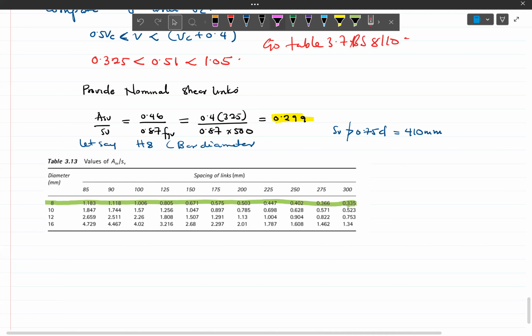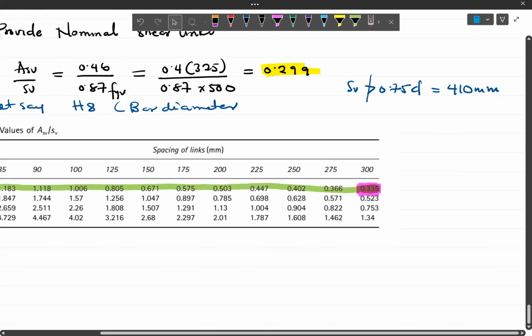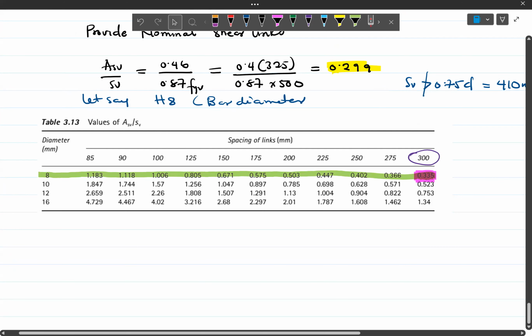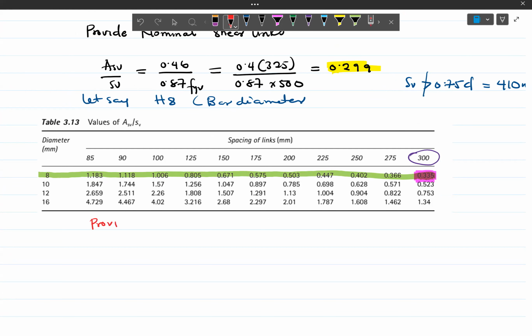Okay. So I can choose this 0.0335, and this corresponds to a spacing of 300. So I can just write, okay, then we should provide H8. The type of rebar is H because the yield strength is 500 newtons per millimeter squared. So provide H8